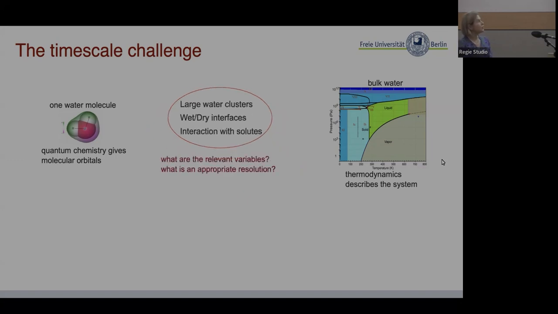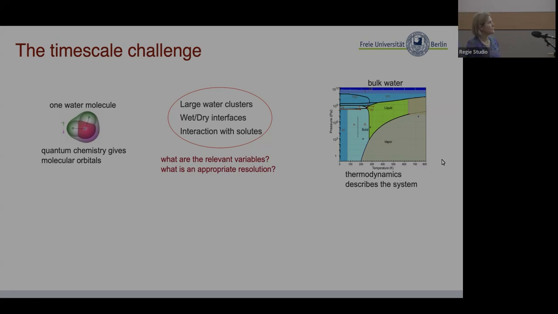They are in between. So I think it's relevant to ask, what are the variables really that characterize this system? Do we really need all the atoms, the position of all the atoms to understand what's going on? And what is the resolution we need to use for this system? Because they are not really microscopic, we don't need the most accurate resolution. We don't need to take a